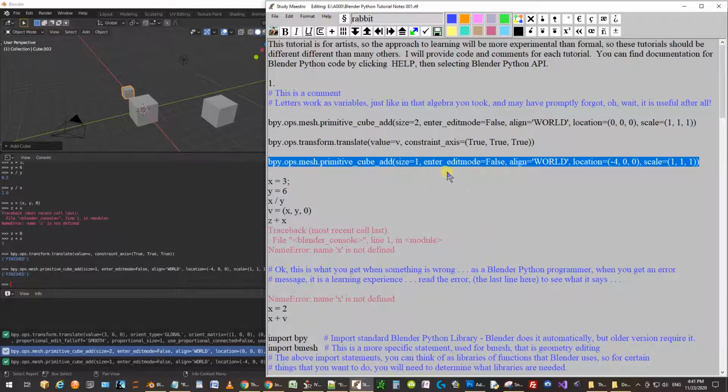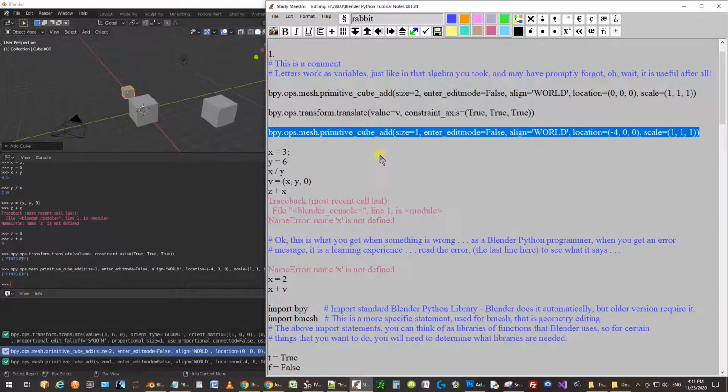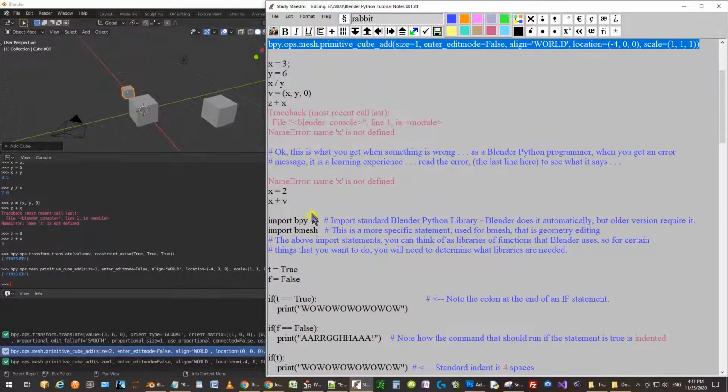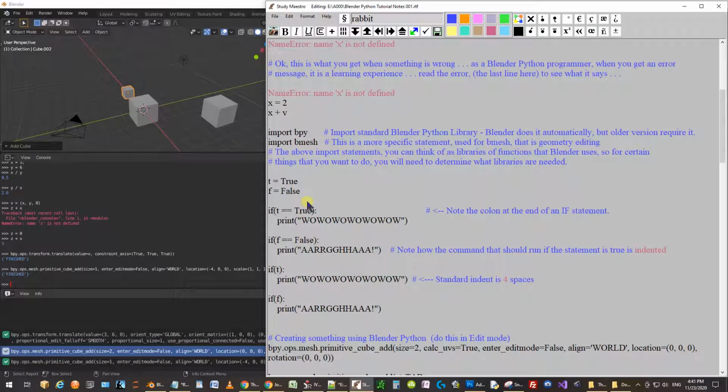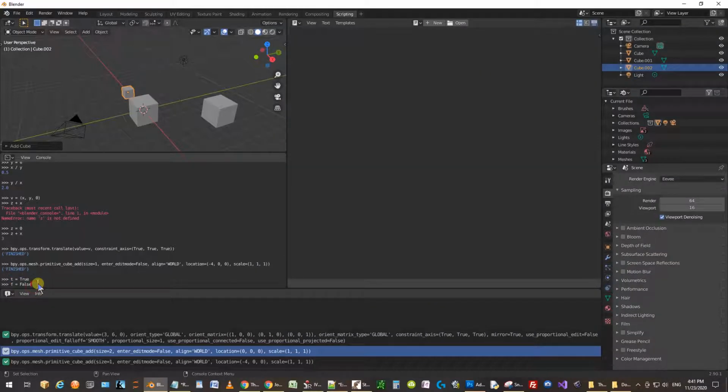So that's kind of fun because you can experiment around with commands. And let's move on to Booleans. So what I'm doing is I'm taking t and making it equal to true, and note that when you're creating